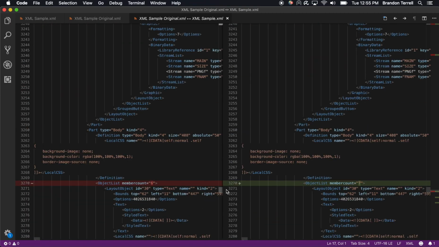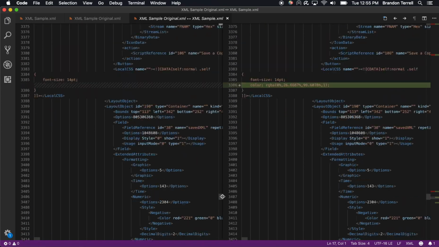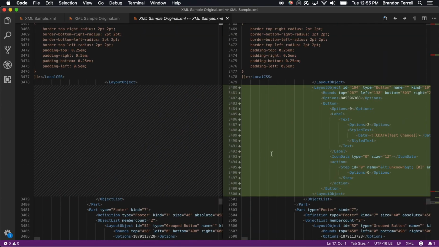Here we can see the additional member on our layout, and then here there's the change to the color of our font, and then here is our additional button. So there's the full differential of our XML database here that you can see.